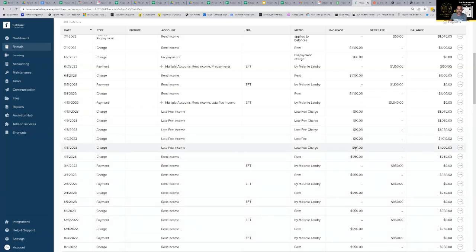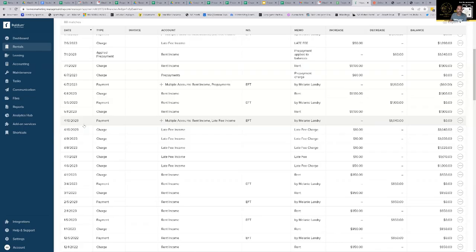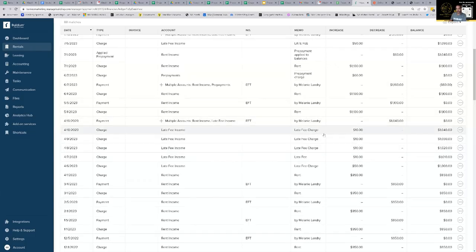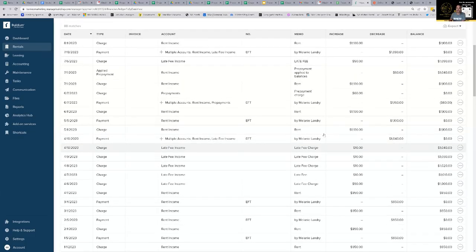She didn't pay on time, so she got hit for $50, and then $10, $10, $10, $10, $10. That's our standard: we charge $50 as an initial fee and then $10 every day afterwards. Then, as you can see, on the 10th she finally paid rent of $1040, which included all the late fees, right? So if it was less than that, let's say she